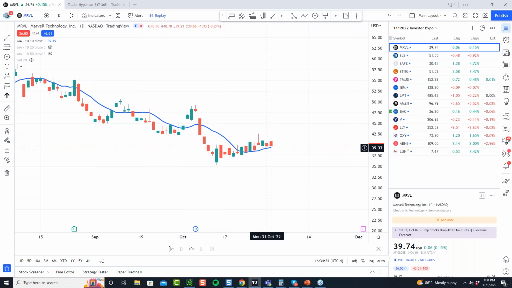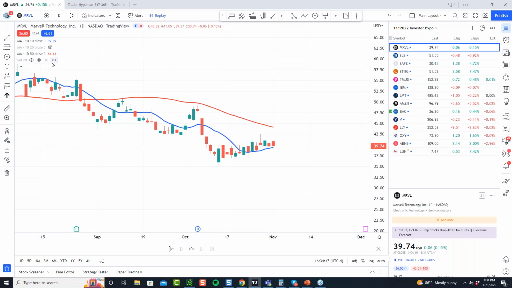Type in S if you see that. You see how we're supporting the last 7, 8 days, how that 10-day average is holding up price, right? That's support. So when I throw on the 50-day again,